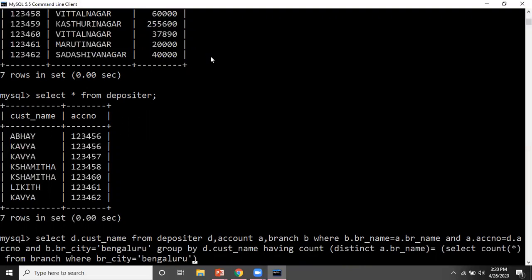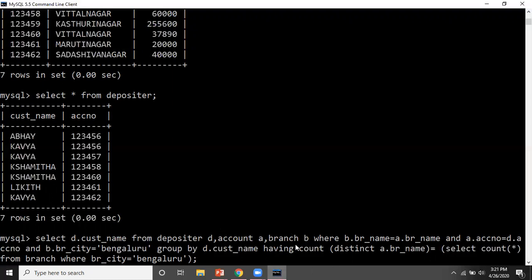Fine. Okay. Now understand this query first. What will this internal query give me? Select count star from branch where BR city is equal to Bangalore. It will count all those tuples where branch city is Bangalore. Now what we are doing is displaying customer name from depositor, and we have combined accounts and branch.